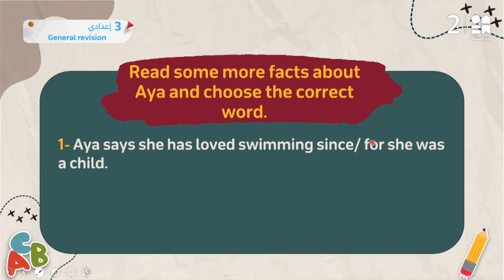عندي has loved. Has loved is in the present perfect. طيب فاكرين الفرق ما بين since and for? Do you remember the difference between since and for? For what comes after for is a period of time. بتبقى فترة زمنية. عدد معين من السنين، عدد من الساعات، عدد من الدقايق، عدد من الأيام. ده اللي بيجي بعد for. أو ممكن أقول for so long ما يعبر عن فترة زمنية or for so many years لعدد كتير من السنوات.